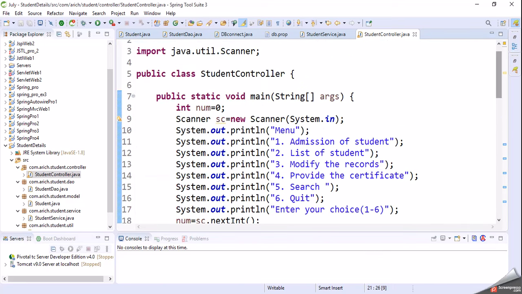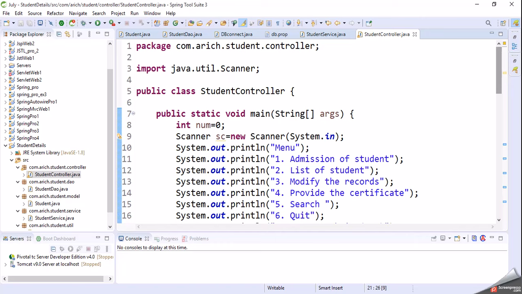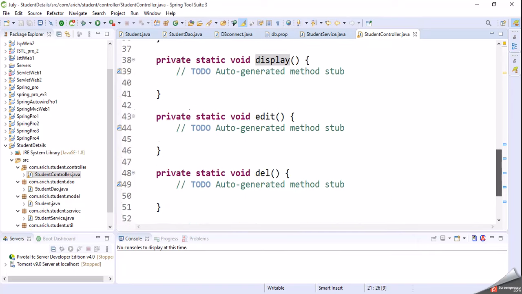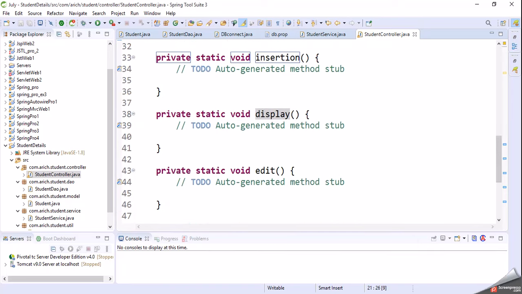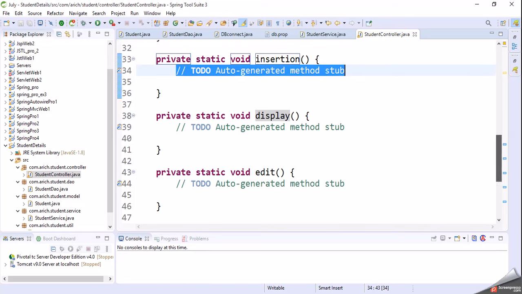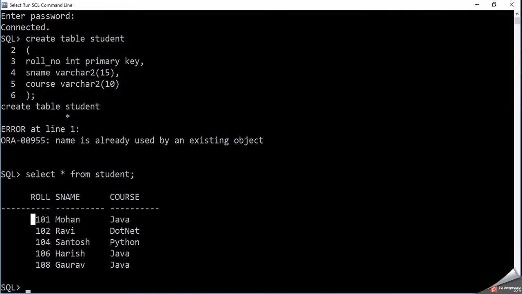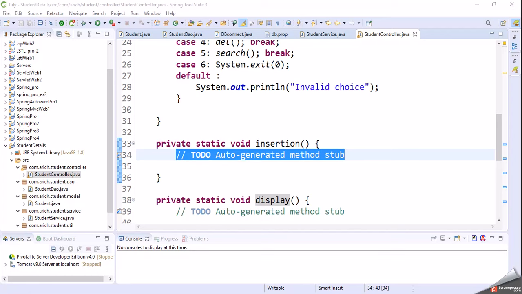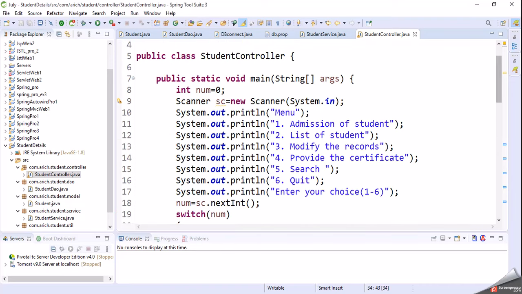Suppose we want to insert the values in the database, so for this purpose we can use here insert the record in the database, and there are columns: roll number, age, name, and course. And we want to execute